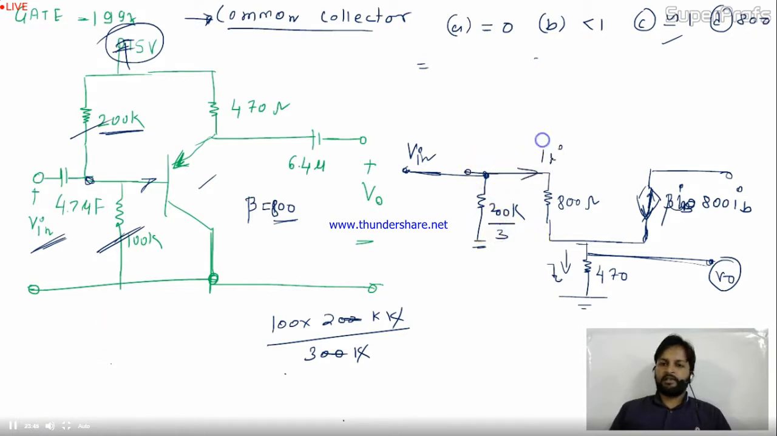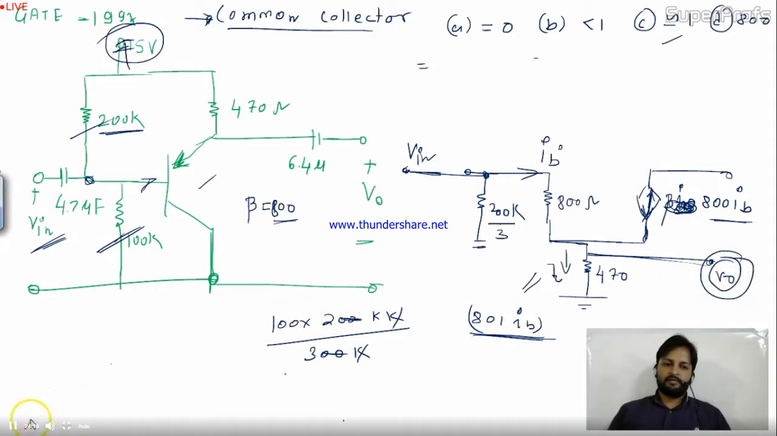Here the current is IB, and here the current is 800 IB. Is it okay? Now this IB is the current coming to IC. Here 800 IB current is coming over here. So here the total current coming is 801 of IB. Is it okay? So if you calculate V0,